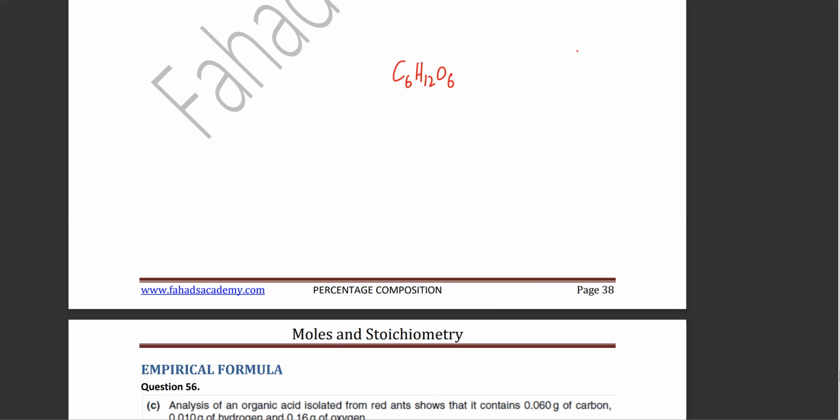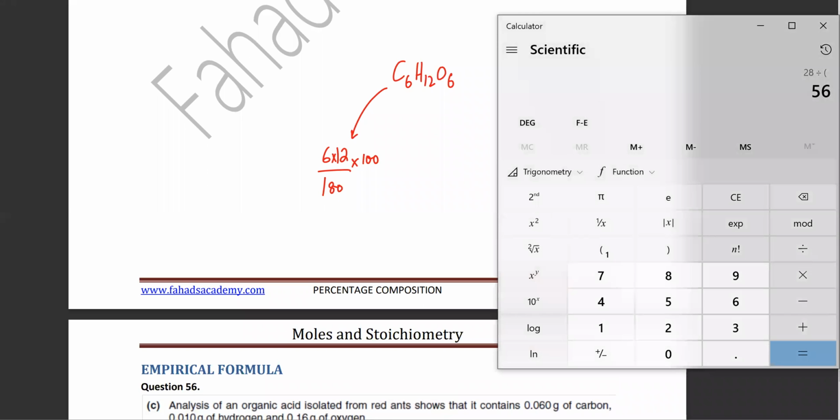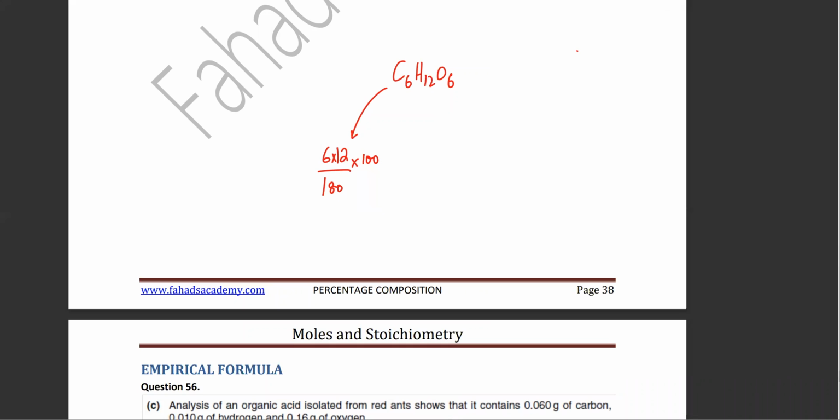For example, if I want to find the percentage of carbon, तो carbon की percentage क्या होगी? There's 6 carbon, so that's 6 times 12 divided by the total, which in this case is 6 times 12 is 72, 72 plus 12 that's 84, और फिर 16 times 6 उसमें add करो तो total 180 बनता है. Into 100 करो. Can anyone tell me what is the percentage in this case that we are getting? Assalamualaikum, sir. Assalamualaikum. What's the percentage of carbon? It's 40%. ठीक है, so that is 40%